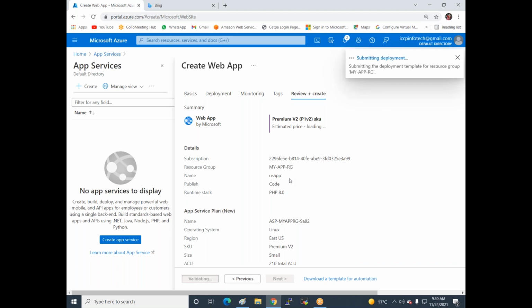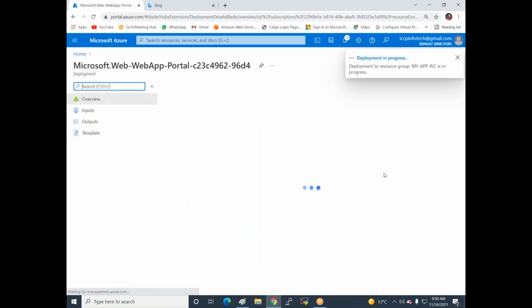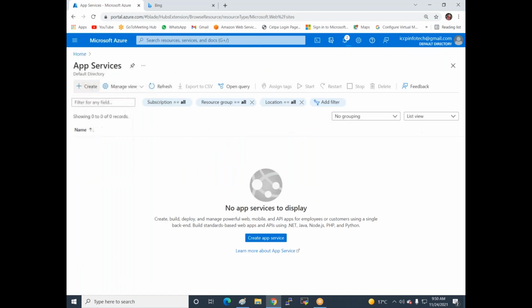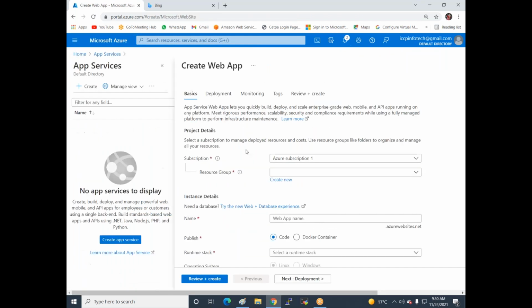Now I'm deploying another app service with the name India app. As per the diagram, I'm deploying two app services. I go again to the App Services tab in the console and click on Create. Now I'm creating one more app service. Select the same resource group.